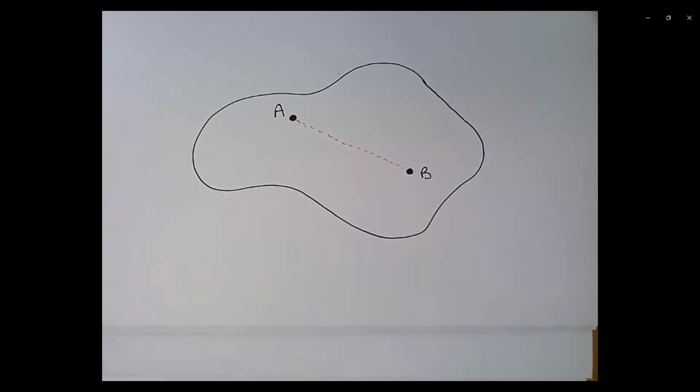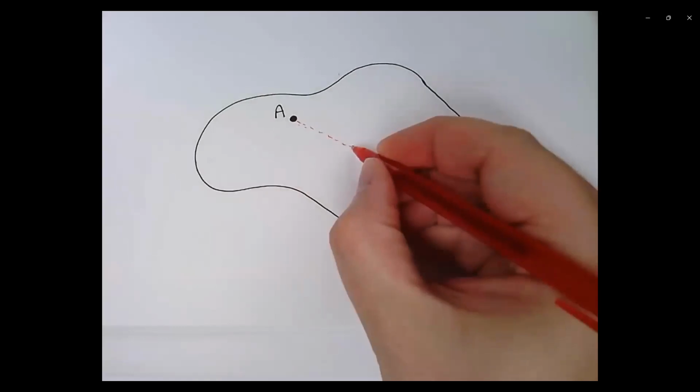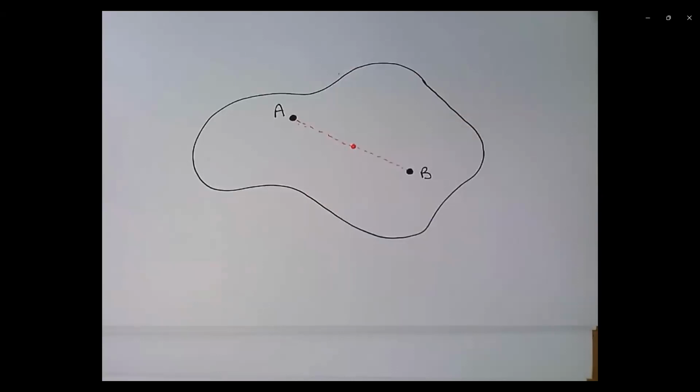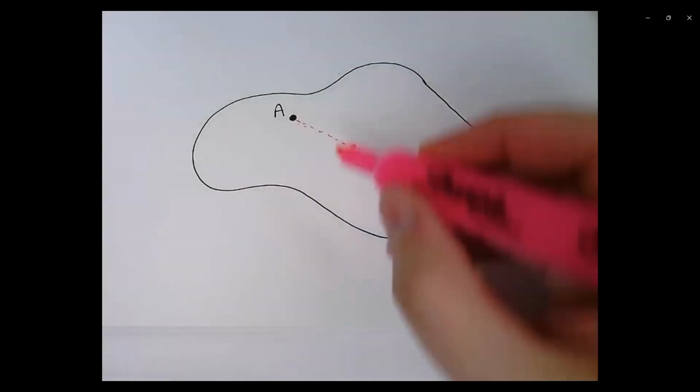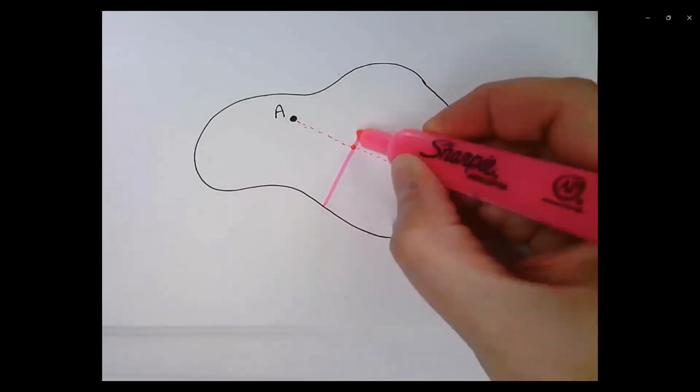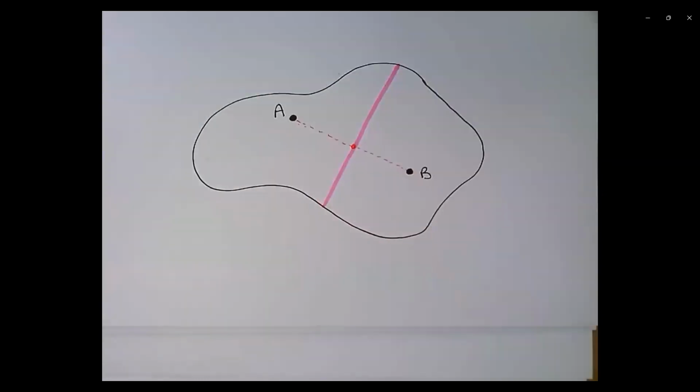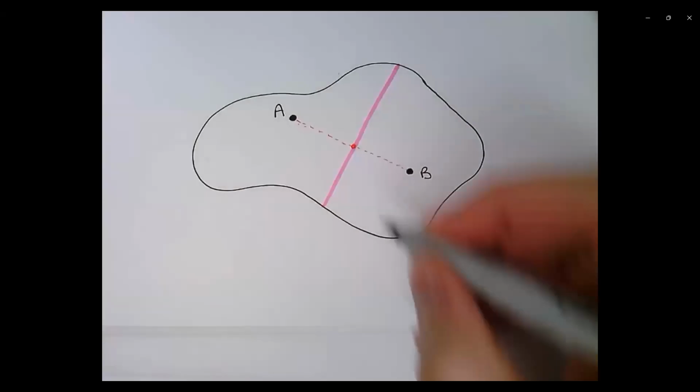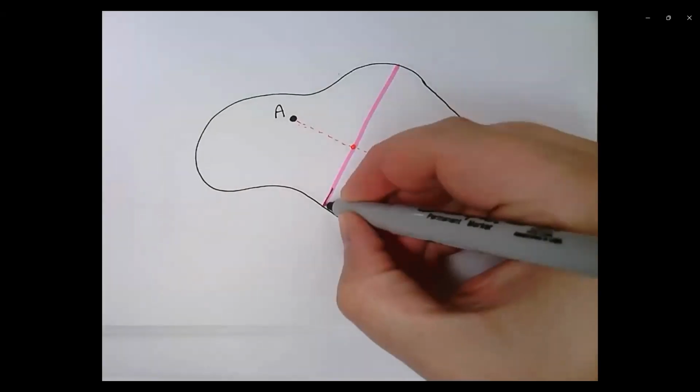Then what I want to do is a perpendicular bisector, which basically means I'm going to find the halfway point. And again, if I cared to pull out a ruler, I could do so, but I'm just going to eyeball it right now. The halfway point goes about there, and I want to draw a line perpendicular to that line that goes through that central point, thus perpendicular bisector. This one, because it is so simple, that's pretty much all there is to it. I'm going to go over that with black.